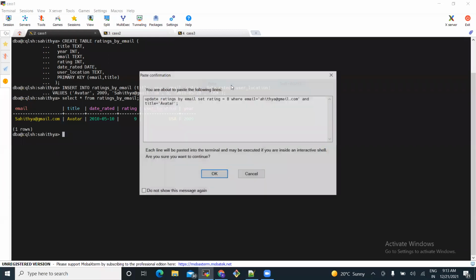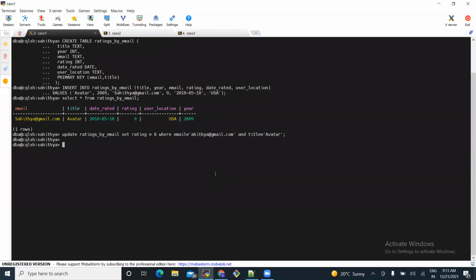Usually the update command should update the existing row. But here, if you observe, I removed the S from Sahitya. That means it should throw an error saying that the partition doesn't exist or that the email doesn't exist, please check your input, something like that. It should throw an error because in other databases like RDBMS, they'll throw an error, but it didn't throw an error here if you observe this.